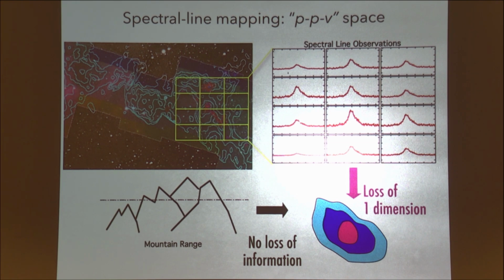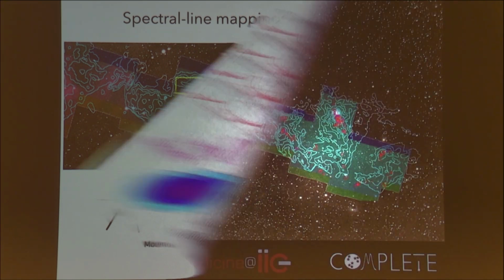But however you do it, you get a lot of spectra on the sky, and you wind up with these grids of spectra. And what people very often do is they just integrate under each spectrum and say how much gas is there of whatever that tracer is, and I don't care about the velocity distribution. And if they do that, they just plot something that looks like a contour map. And if you're talking about a mountain range, you know, unless it's like an earthquake, the mountain range doesn't move very much, and that's a fine representation of all the data. But we actually have all of these line shapes, and we know the velocity distribution. So you don't want to do that, okay? You want to actually try to use the velocity data.